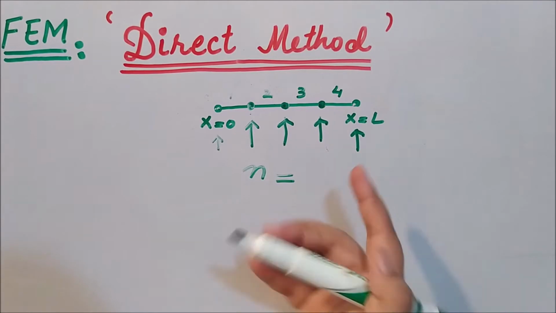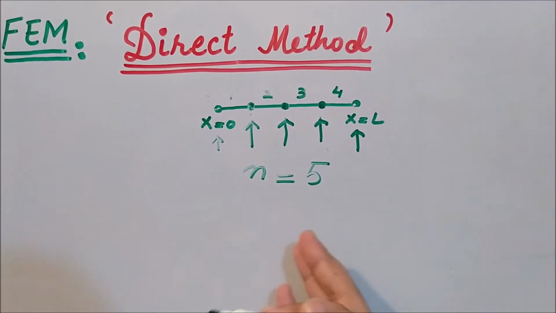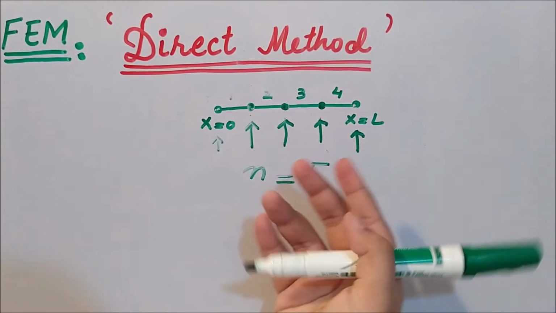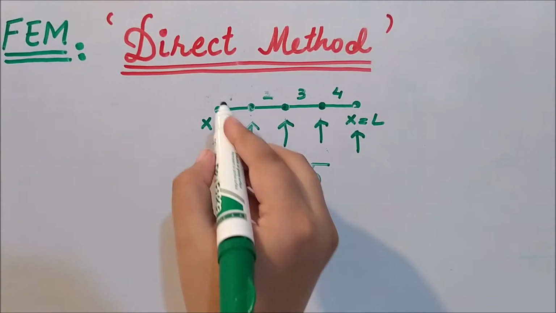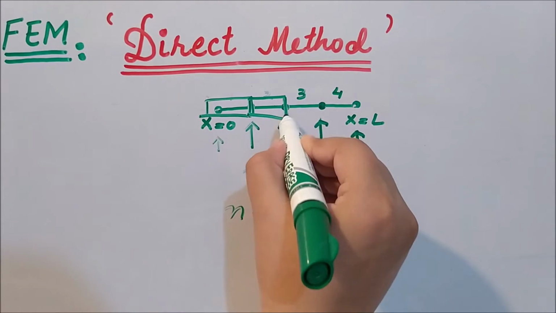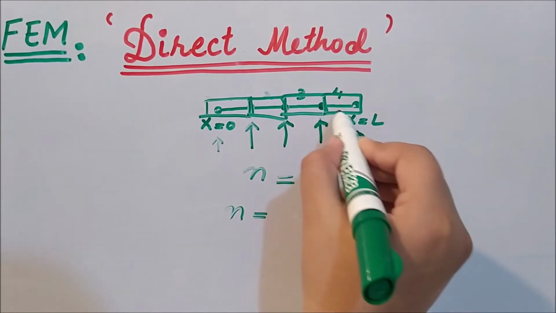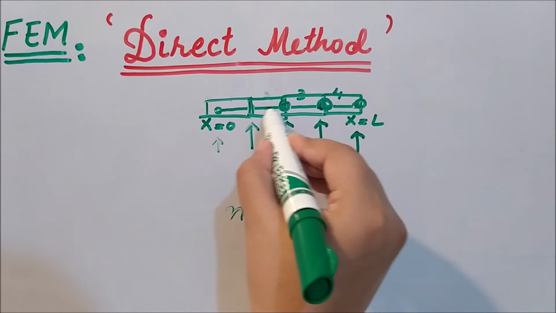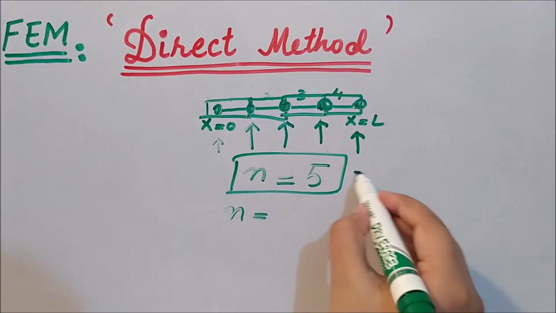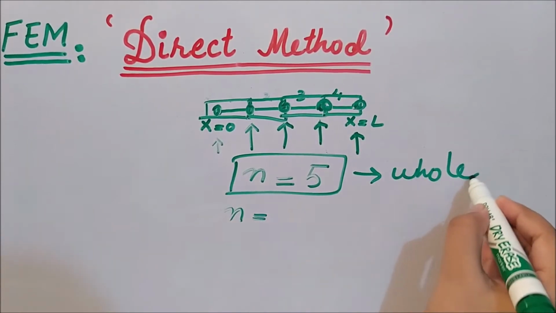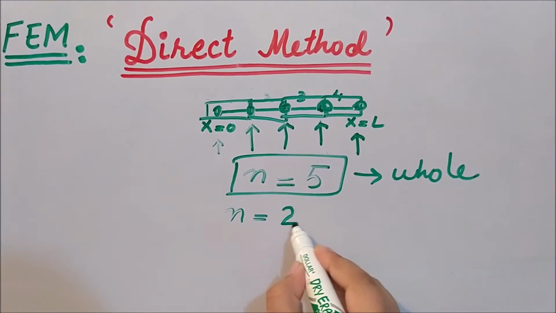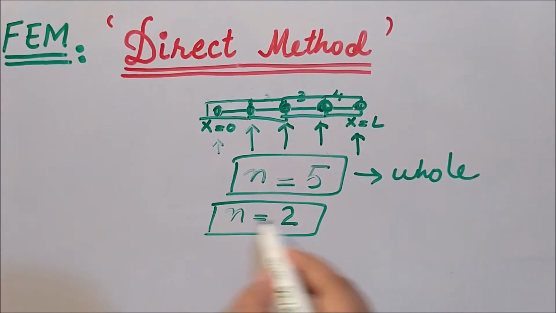1, 2, 3, 4, 5. So we have 5 nodes in total in the whole structure. But when we're talking about individual elements, then we have 2 nodes in each element. So here we have the 1st element, there we have the 2nd, here we have the 3rd and 4th. So every element has 2 nodes only. So this is for the whole geometry or whole structure, and this is for the element level